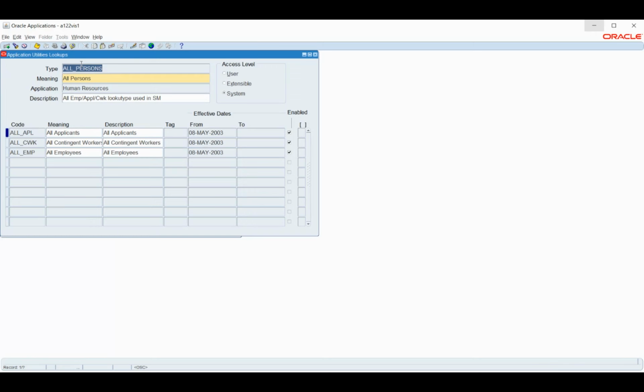So now what I will do is two things. One is that I will disable this option called contingent worker, and I will add a new value. Since we know that disabling will remove this, that is the straightforward case. So what I will do is try to create a new record.